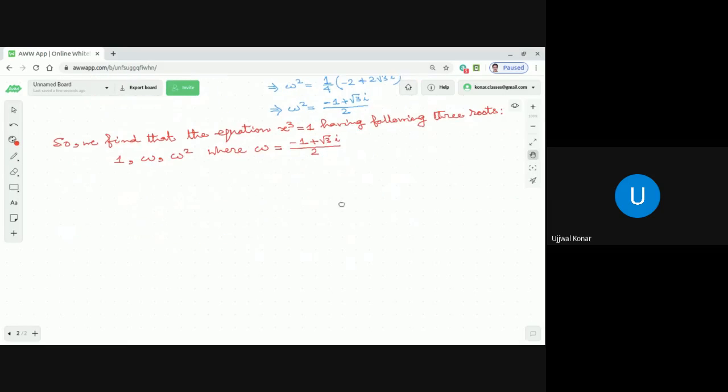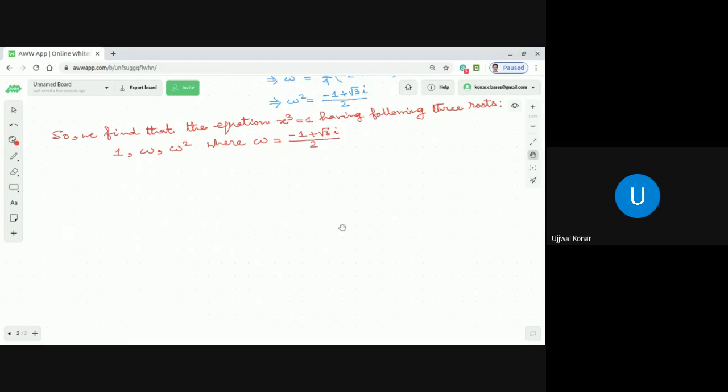Now, there are some important observations. A lot of questions come in the entrance examinations related to 1, omega and omega square. So it is important that we should focus on some properties related to 1, omega and omega square. Following are the important results involving cube root of unity. I strongly recommend you to remember these, because they are going to help you a lot in solving problems related to omega, omega square, and their different compositions.